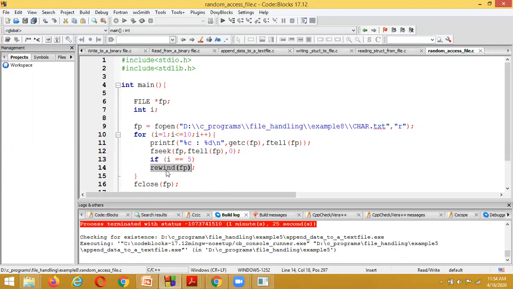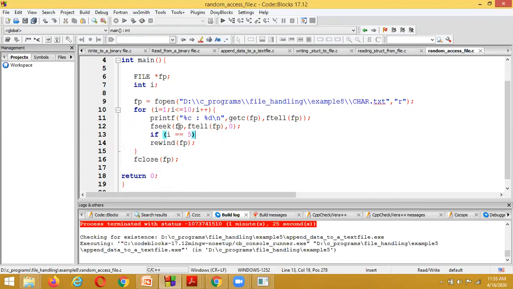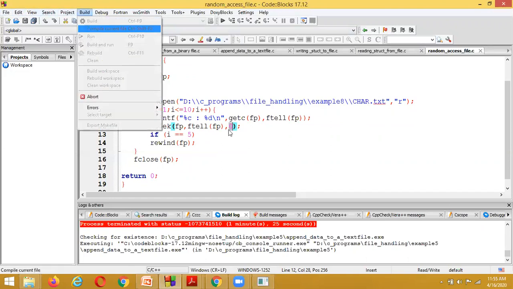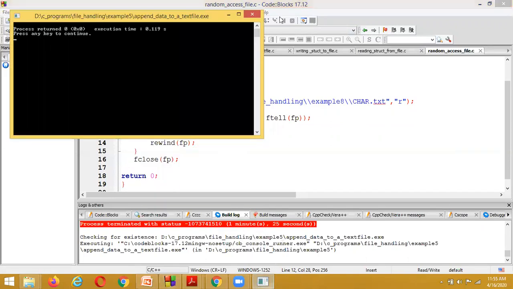And fseek contains 3 parameters: first is the file pointer, second is the offset, and then the origin position, where 0 is for the beginning.